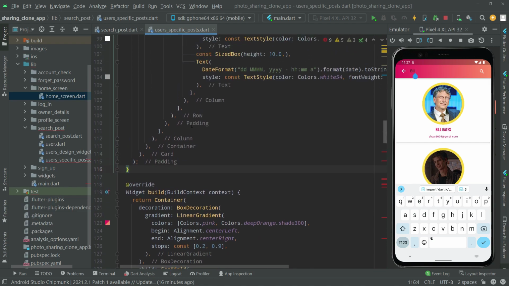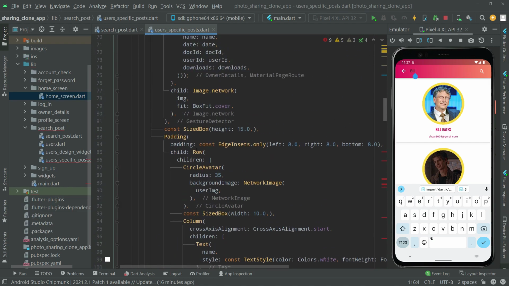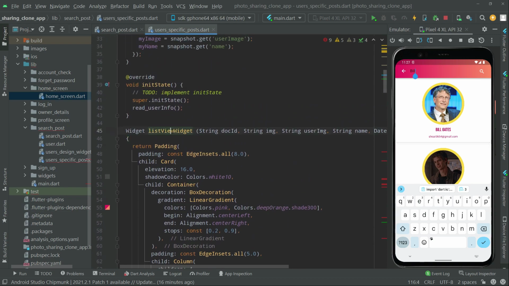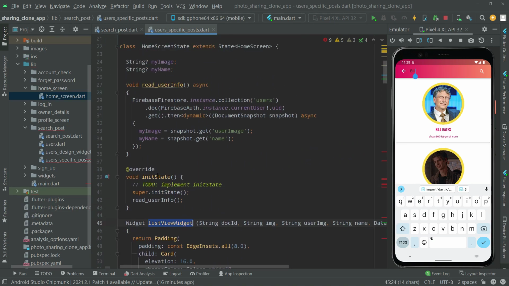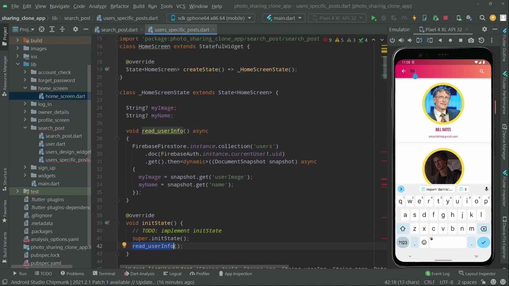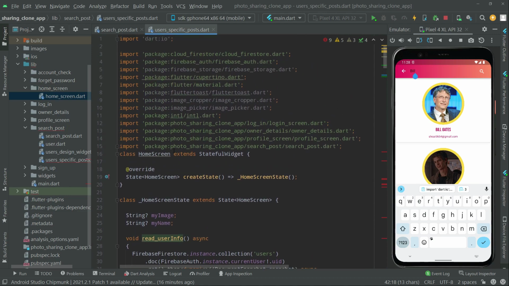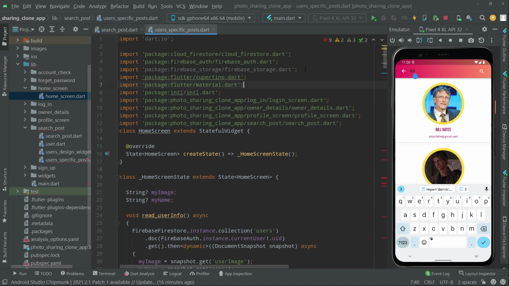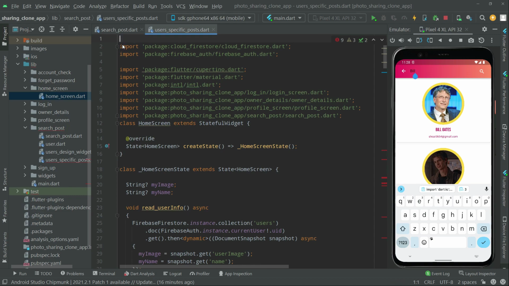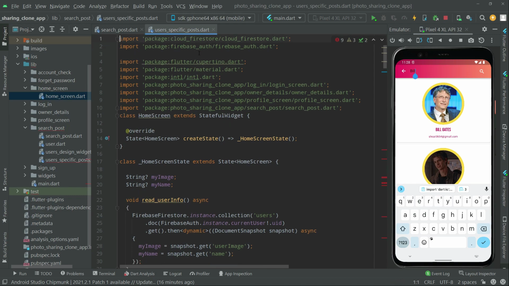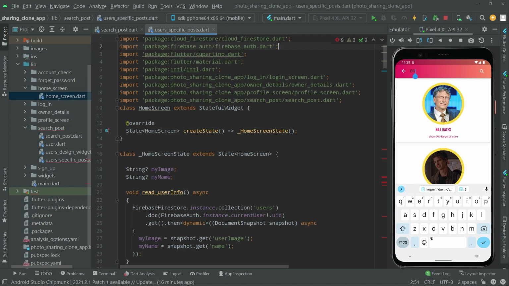So right above, if you look, we are left with the list view method and also the initState in which we call upon the read user info method. So that's fine, and in here we will remove those libraries, so it's gonna look clean then. Also remove that, all good, as you guys can see. And one more thing guys,